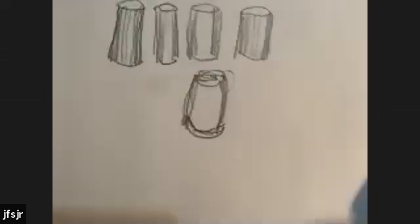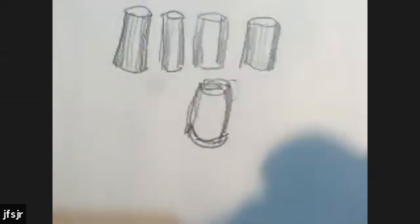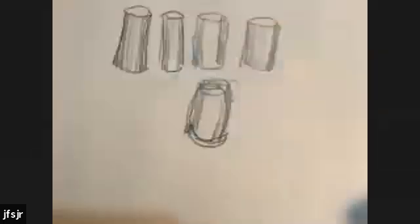Or if your arm is what's tight, your elbow, try to really get loose and gestural in that whole new way. We're going to start to look at the differences. See, that cylinder has a lot of feeling to it. It's done a lot looser, but